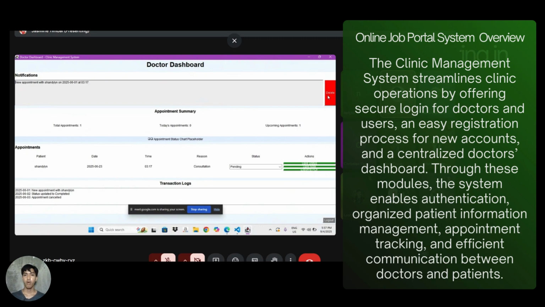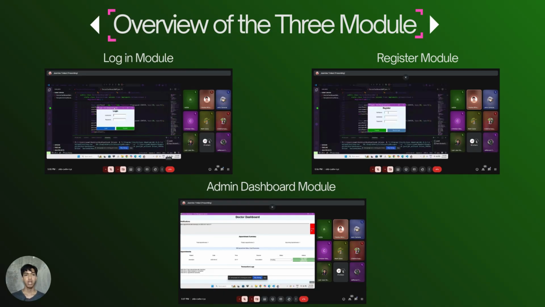For this system overview, the clinic management system streamlines clinic operations by offering secure login for doctors and users, an easy registration process for new accounts, and a centralized doctor's dashboard. Through these modules, the system enables authentication, organized patient information management, appointment tracking, and efficient communication between doctors and patients. These are the three modules included in this system: the login module, register module, and